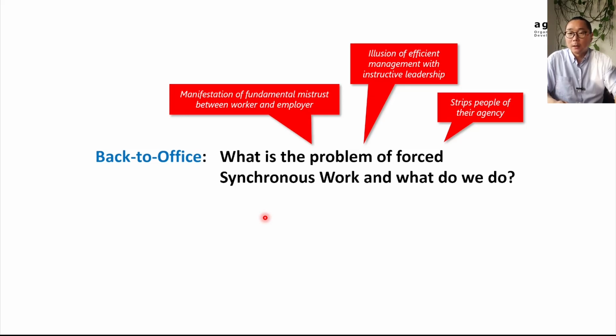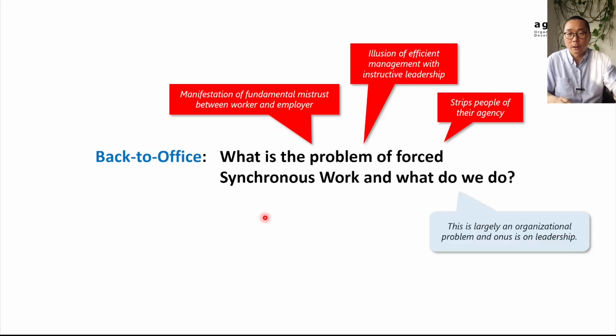So what do we do? At the individual manager level, awareness of the difference between synchronous and asynchronous communication and working is an important starting point. And setting up your team for effective asynchronous working is going to be very helpful. But back to office is largely an organizational problem, and onus is on leadership. Almost all back to office directives that I've seen are not asked but an order. So the worker sadly has no say in the matter. Again, adding to the feeling of powerlessness. So leaders, do something about it.